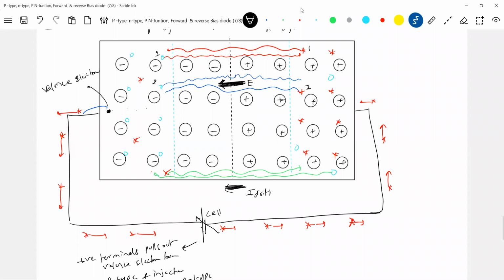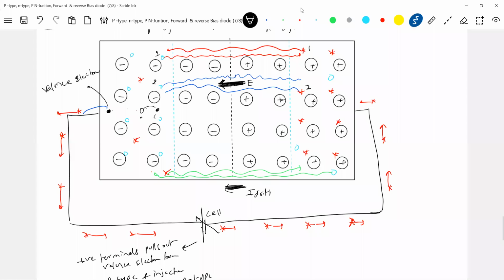Okay, this electron. Now I'll come to this one. Let me start from here. When this electron crosses here, what will happen? It'll be captured by the hole and we'll get a valence electron. So the hole which is present here will jump here. Let's assume due to recombination, the hole which is present here will make a jump. Then what do we get?